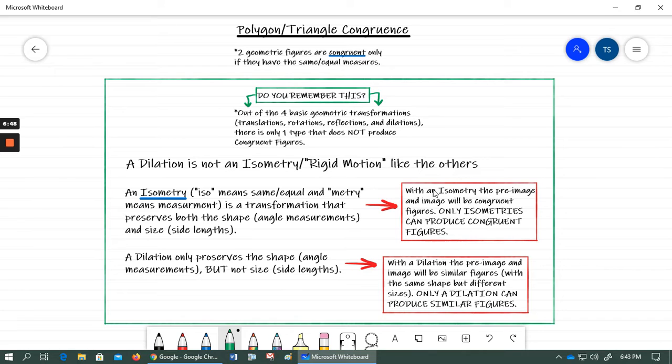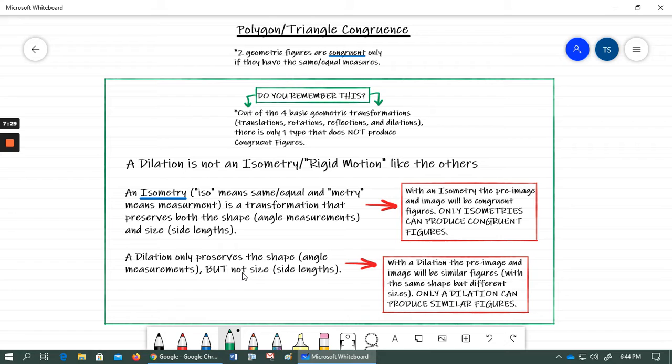But anyway, again, only isometries or only rigid motions can produce congruent figures. And again, in that previous lesson, we discussed that a dilation is a type of transformation that either stretches or shrinks your geometric figure. A dilation only preserves the shape, which means that it only preserves the angle measurements. But a dilation does not preserve the size of the geometric figure,